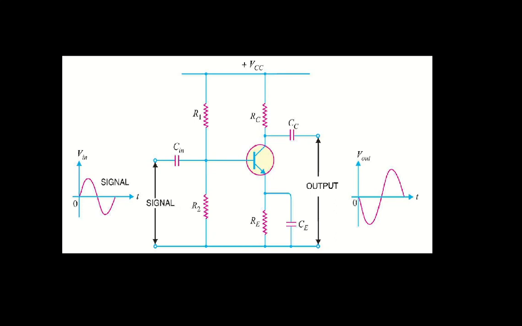In the previous lecture, we discussed the practical circuit of a common emitter transistor amplifier, and we have seen the function of the different electrical components connected in the circuit. Now let's say we are applying a signal. Usually we will consider the input signal to be a sinusoidal one. Suppose this is the signal which we are applying at the input of this common emitter transistor amplifier.